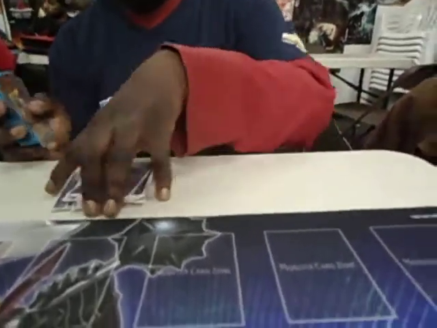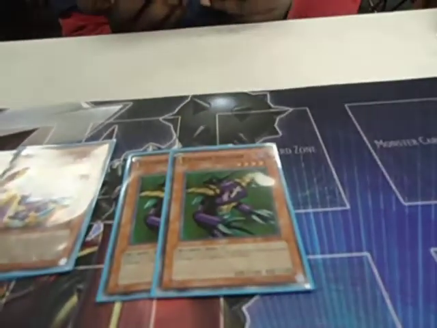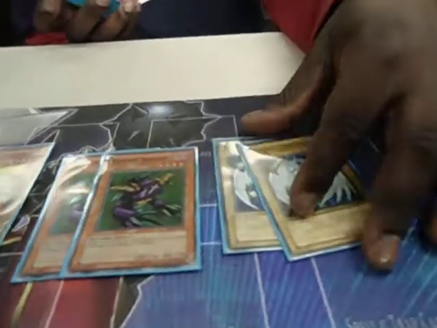This is the extra deck. I'll be going through that in a minute, and I'm going to go through the main deck right now. The main deck is composed of 2 Toon Cannon Soldiers, I can't play those. 2 normal Cannon Soldiers, 2 Elemental Hero Avion,